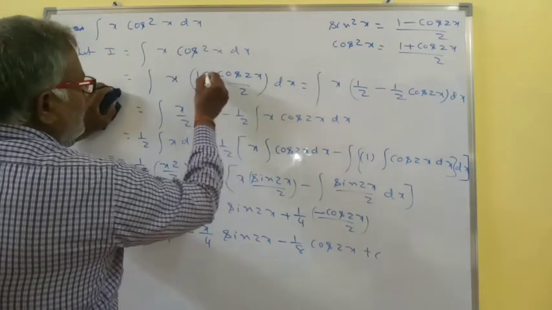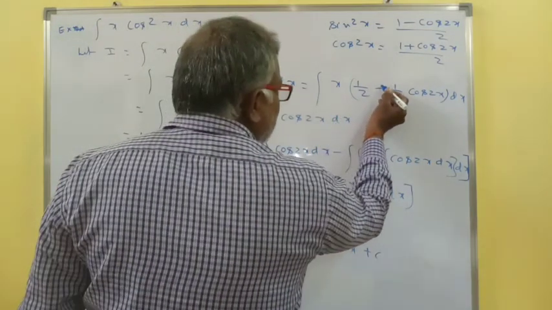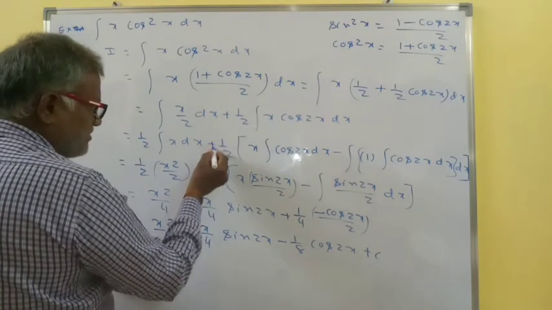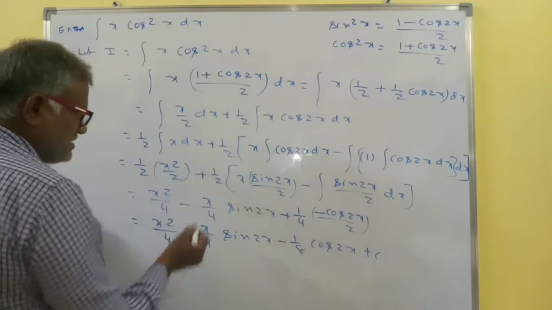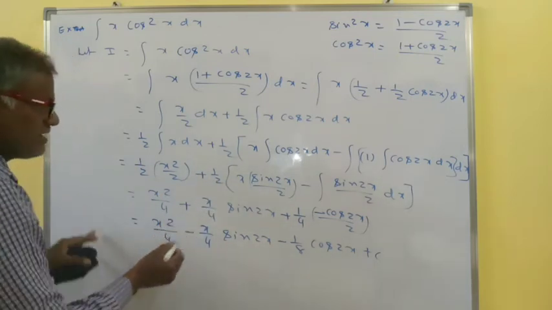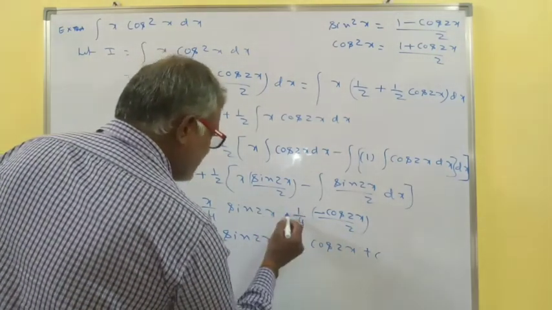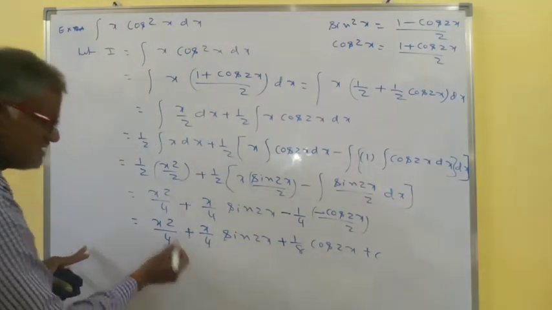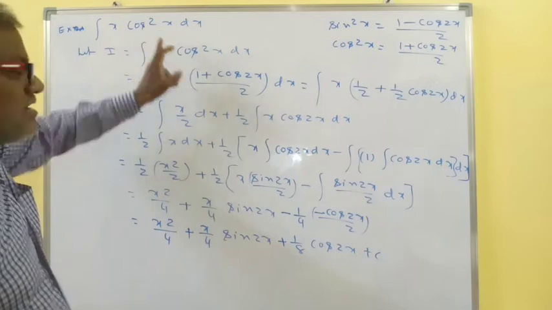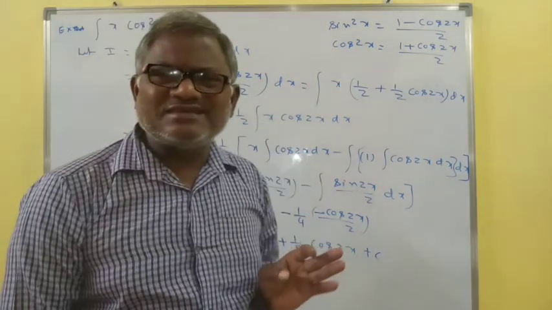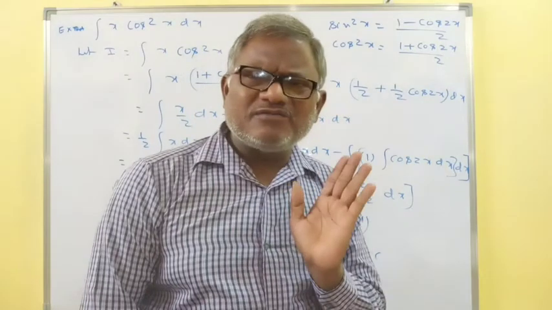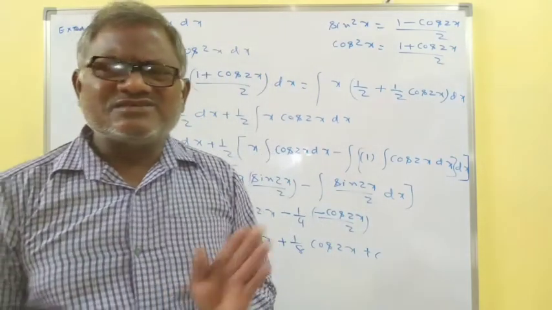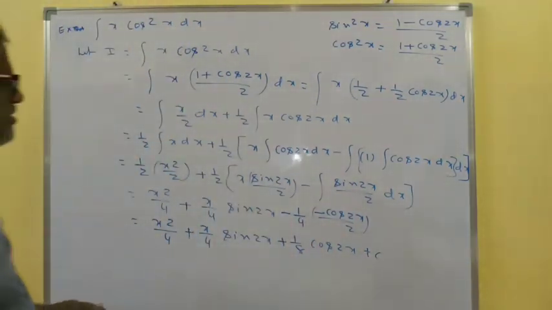So cos square x formula is 1 plus, and just write plus before this one. Here this is only plus. So plus into plus is plus, plus into minus is minus, integral of this one, minus into minus is plus. So simply this is the result for x cos square x. So remember, these are the two pairs of problems: x into sin square x dx and another one, x into cos square x dx. So these are the two problems.